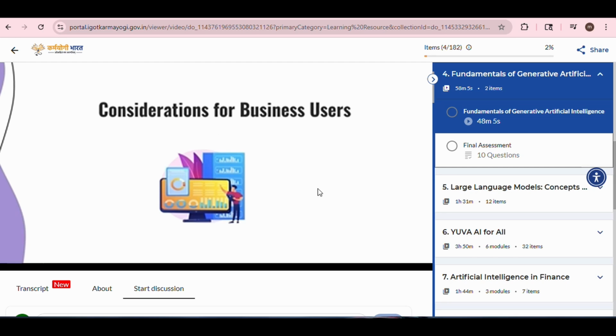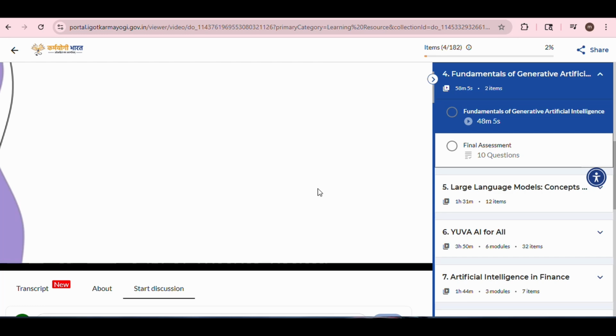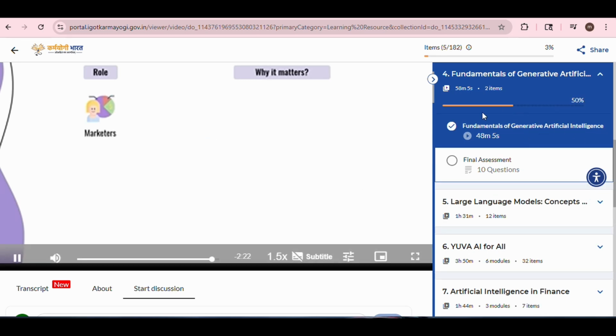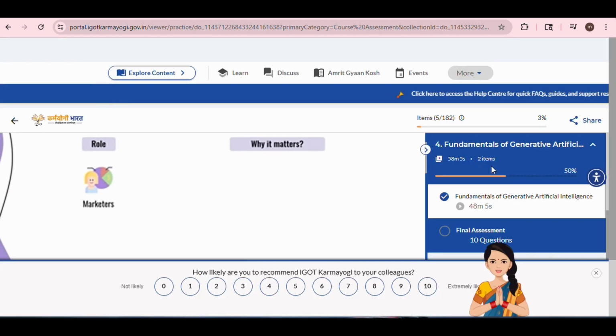Now let us understand why it matters to you. If you are a business user, what are things that you should keep in mind when we talk about data, compute, and algorithms? Let's say if you are a marketer, remember